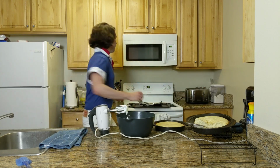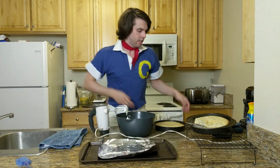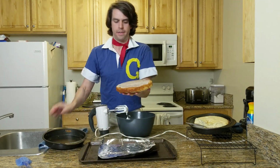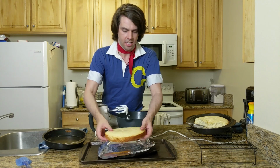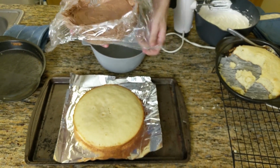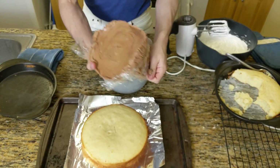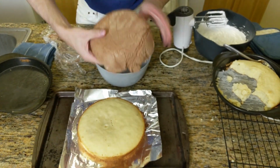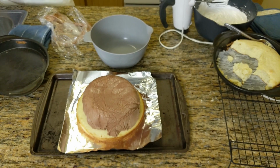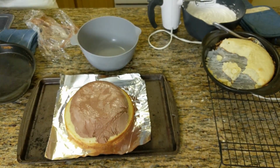Alright folks, this is serious. If you don't have a kitchen blowtorch, like I sure as heck don't, set the oven to broil. Then, get a tray, line it with foil, and get your cake, place it on, get the ice cream, take it out of the bowl so you have the dome, remove the plastic, place it on top of the cake, wash your hands, press it slightly in so it conforms, wash your hands,